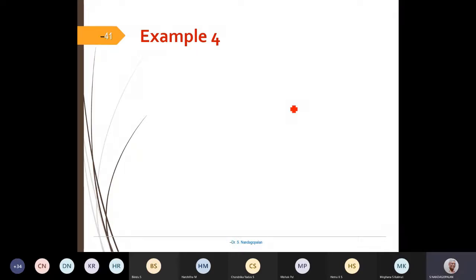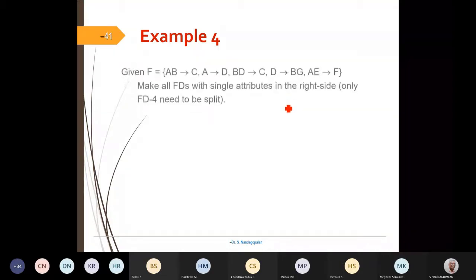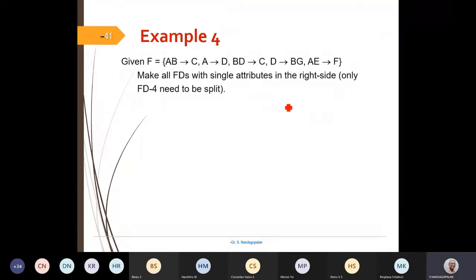OK, now let's go for another example. AB arrow C, A arrow D, BC arrow C, no problem. And we have only one FD where two attributes are there on the right.